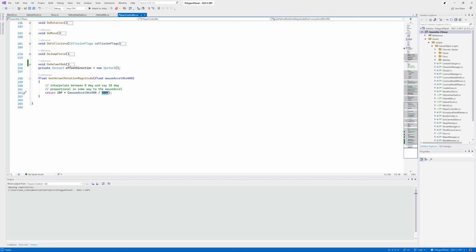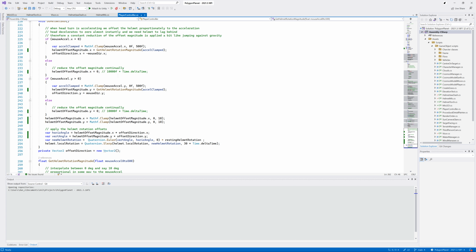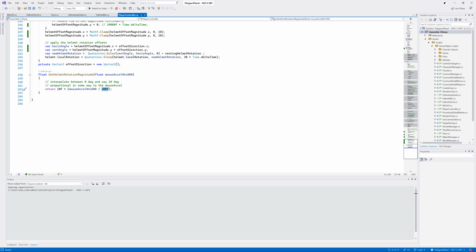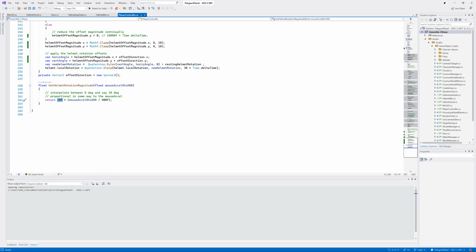Maybe I'll get around to doing that, but it's a very minor piece of the game, and for now I just want to crack on with other things. So why those magic numbers of 10 and 500? That's 10 degrees of movement, and this is